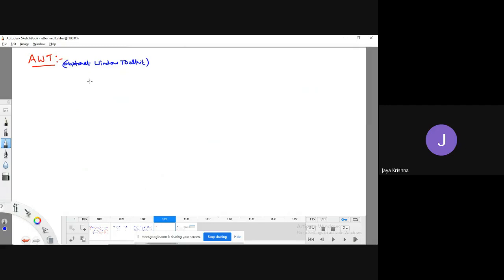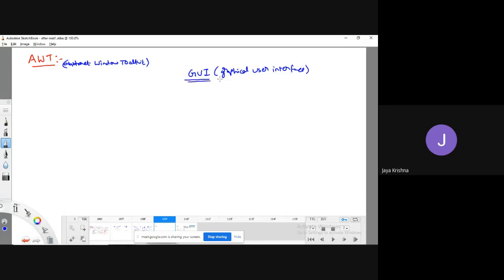Before going in depth about this AWT, let us discuss the GUI. You already know the meaning, graphical user interface.